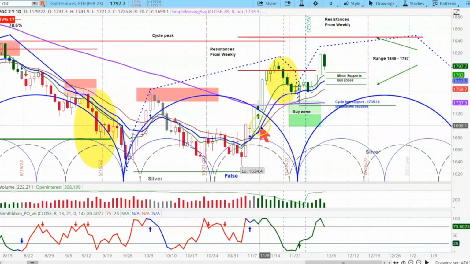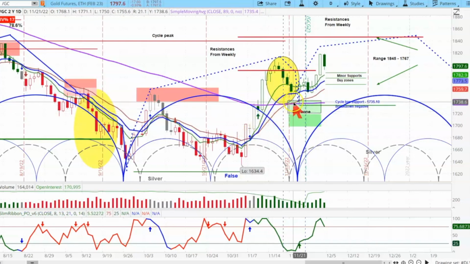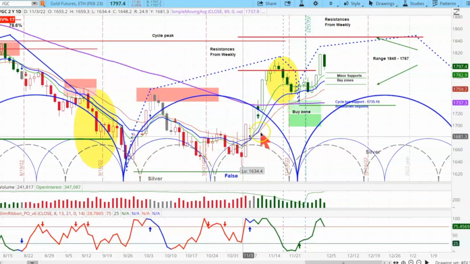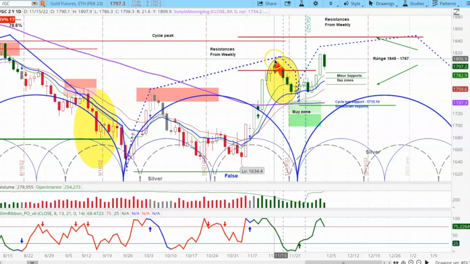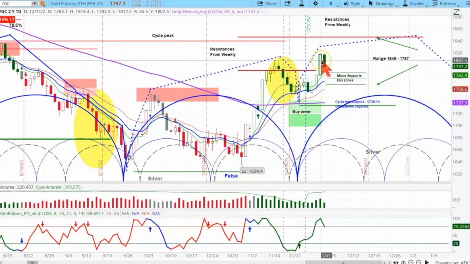And the slim ribbon, which was positive right in here, stayed positive as it hit the support buy zone and then began to move up again. So this was a very positive occurrence where you had this configuration and translation of this cycle so positive. The market then moved up, and the expectation was that it would surpass that peak, and it already did that,